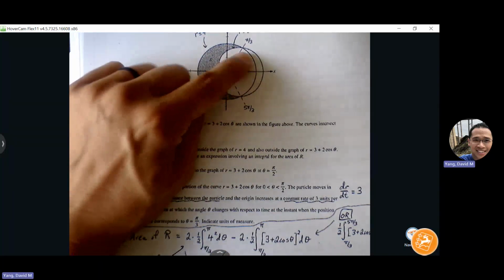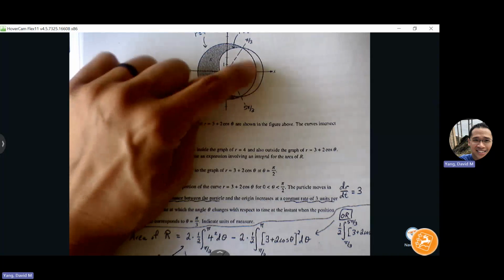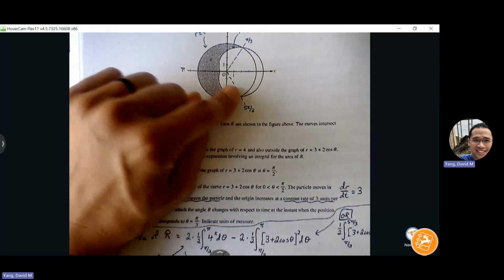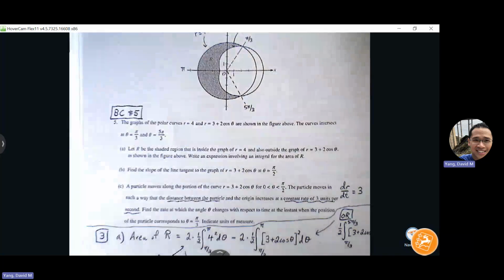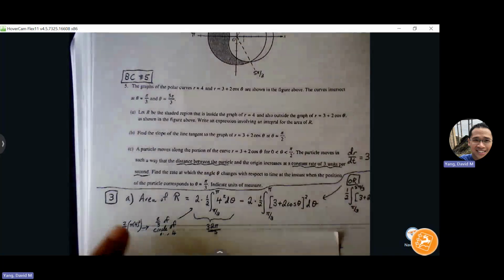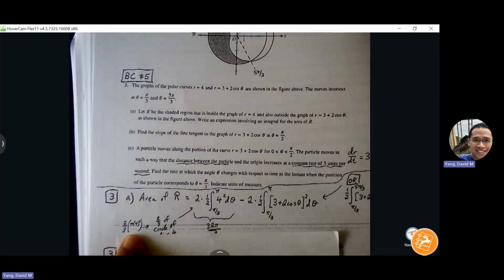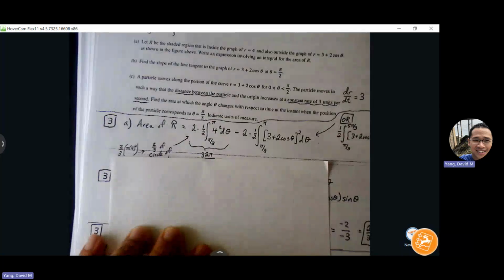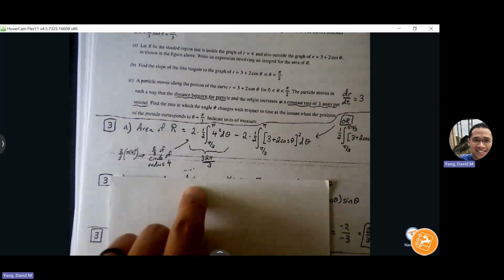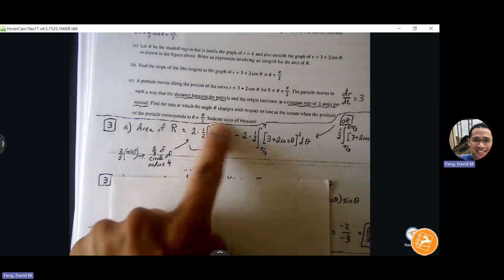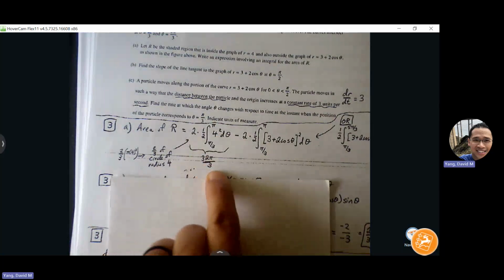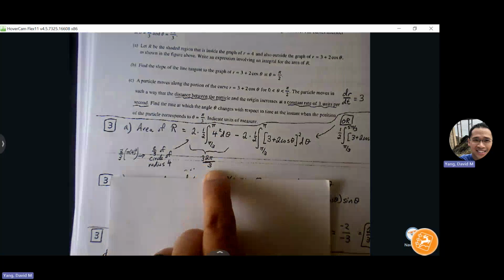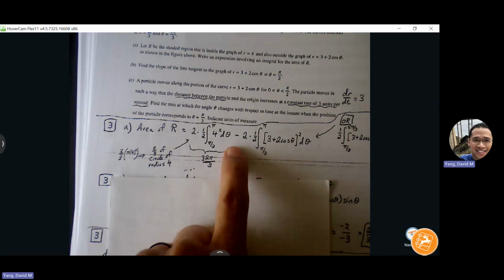That's another 60 degrees. So that's 120 degrees. So the remaining portion is just 2/3 of the circle. So I know my circle has a radius of 4. So 2/3 of pi r squared, it's just 32 pi over 3. You can write it in this form, but you can also just say, okay, it's 2/3 of a circle minus,